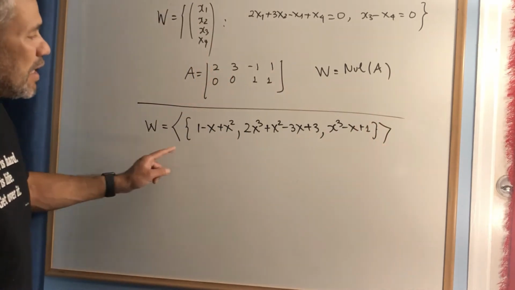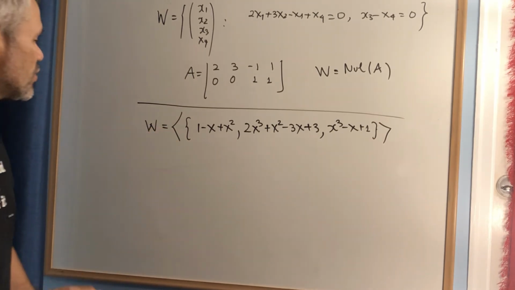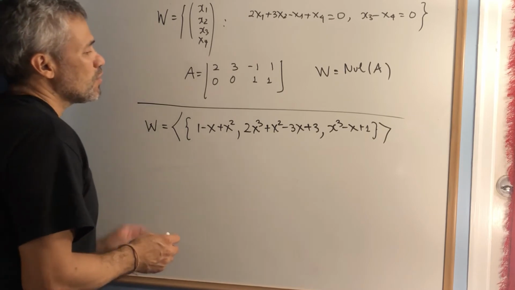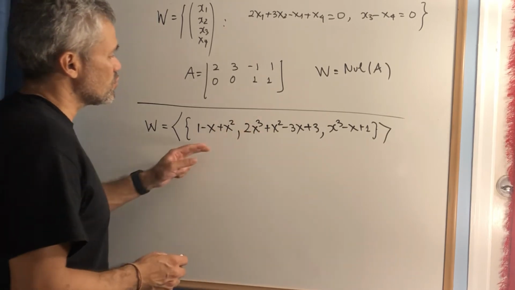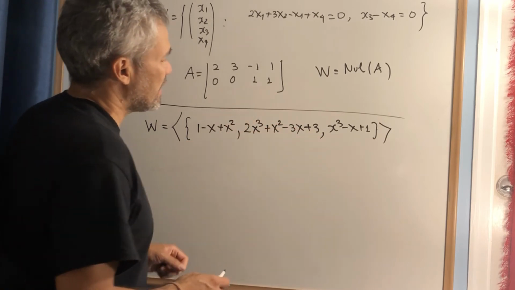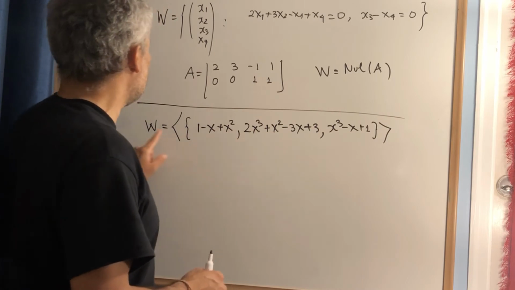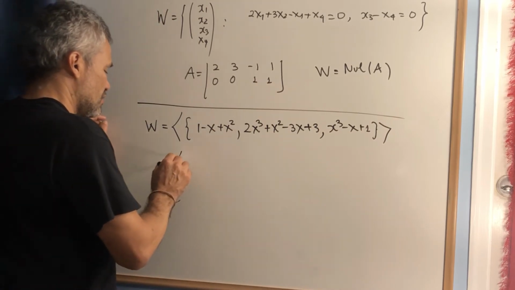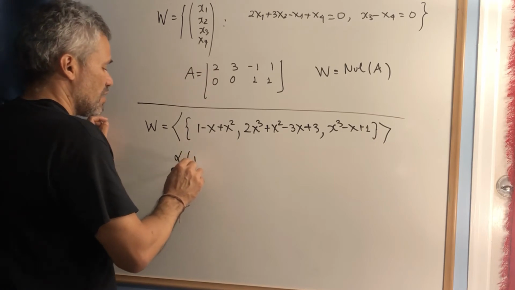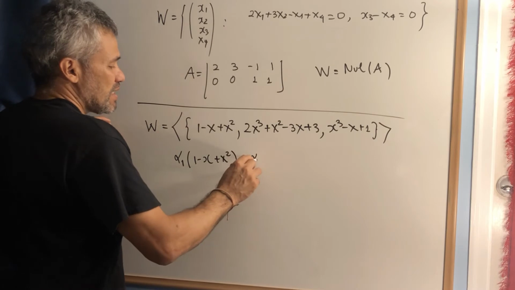How do we find a basis for the span of these three polynomials? One way to do it is just to create linear combinations to check if these vectors are linearly independent. Notice that if these vectors are linearly independent, then they form a basis for W. But let's do that. Then you do in the process alpha 1, 1 minus x plus x squared, plus alpha